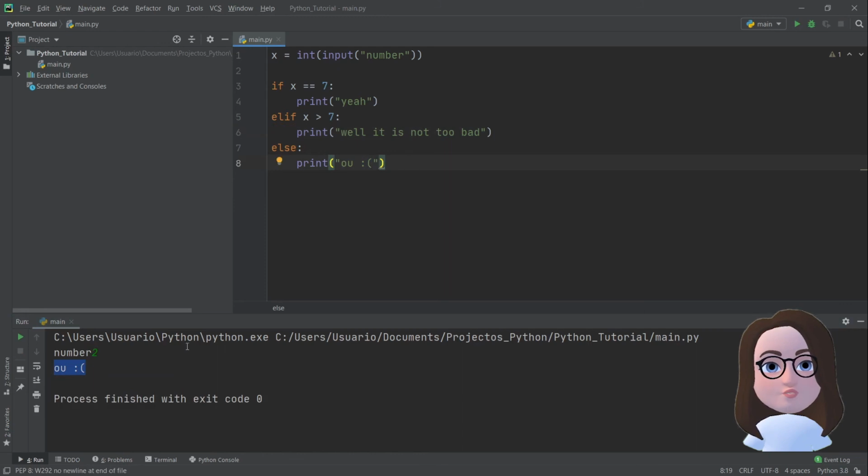If structures can be repeated as many times as required, and the idea is they only perform their respective checks after the previous ones failed, meaning returned false. For example, we can make it so that if your favorite number isn't 7, then check if it's 10, our second favorite number. In that case,